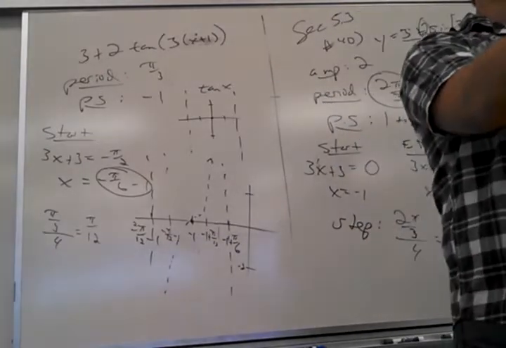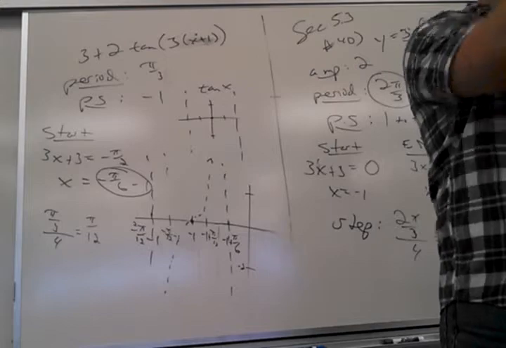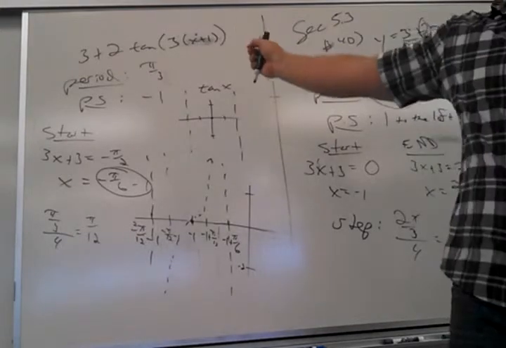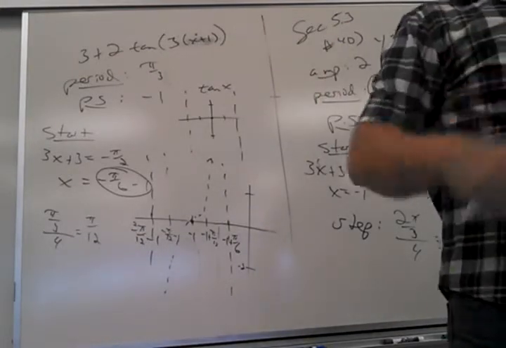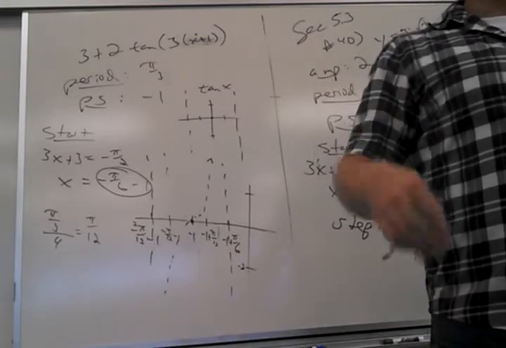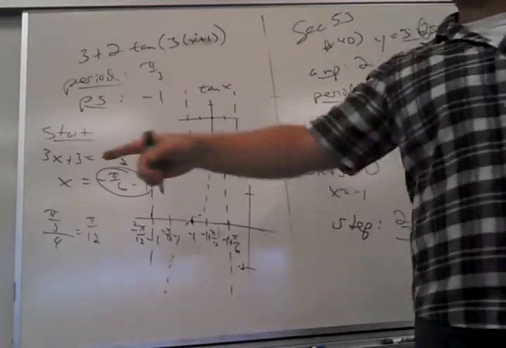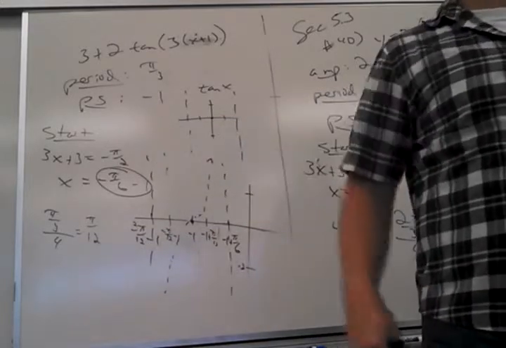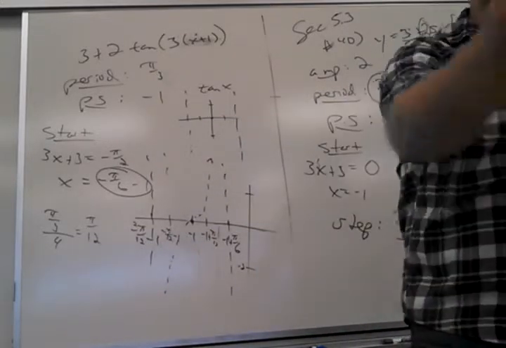Starts at 0, goes to pi. Those things you have to know, or else there's no way you're going to graph a cotangent. So for the start on a cotangent, you would start at 3x plus 3 equals 0. Beautiful, right? And some of you might realize with cotangent, you don't need to do that just as much as you don't need to for sine and cosine,